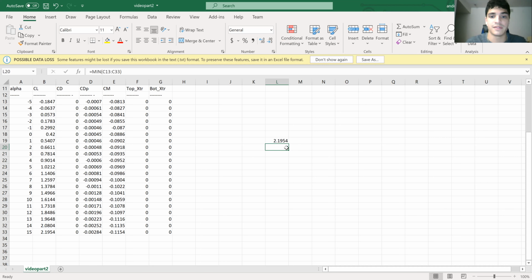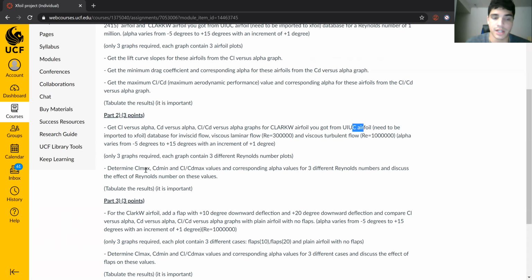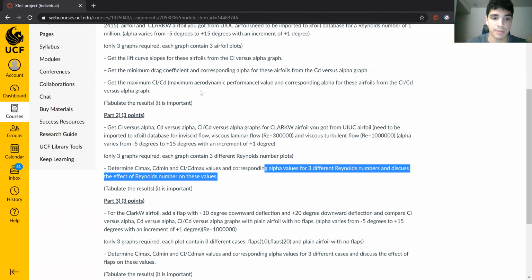And since it's an inviscid flow, it's just going to be 0. And it's not going to matter. And the same thing if our CD is going to be 0. So if we look into our Expo project, let me share for that. Basically, you're going to get the CL maximum that way, and it just shows you the CD min. You do the CL, CD, unbiased and find the errors for that, like we just did in part 1,